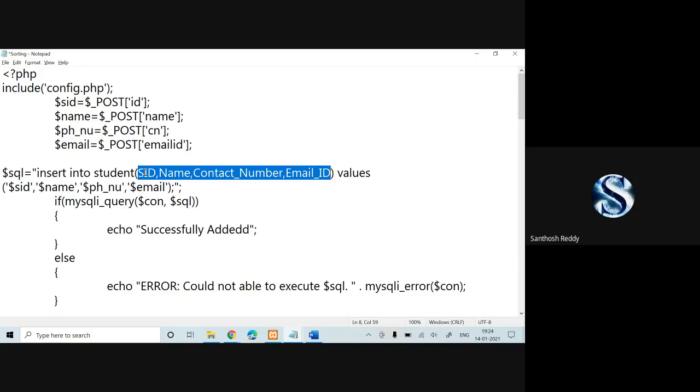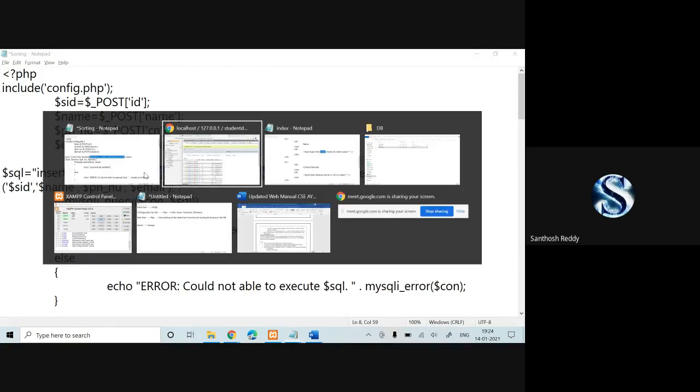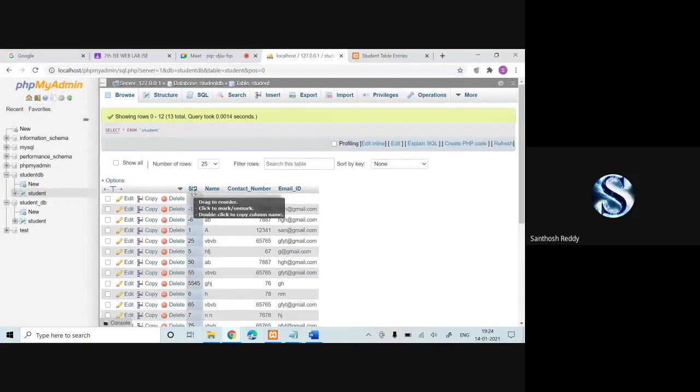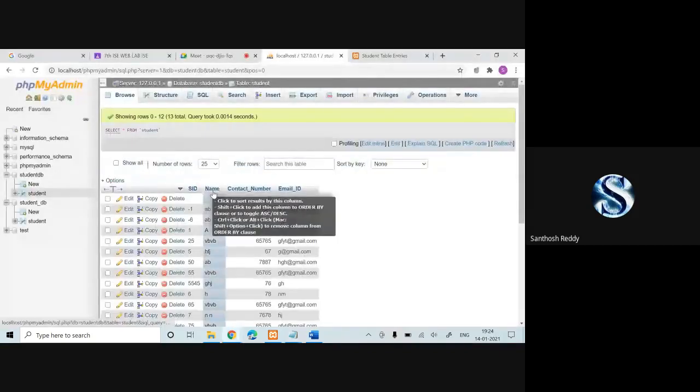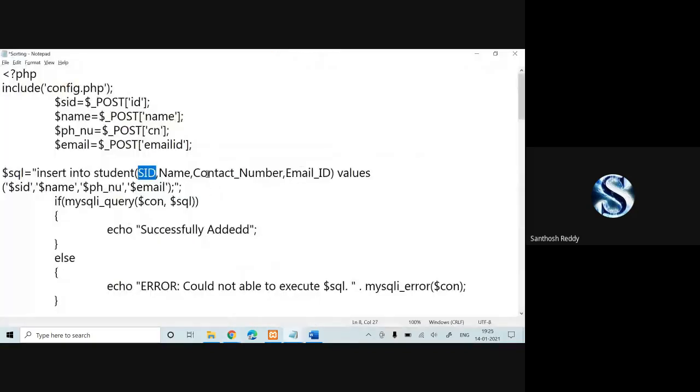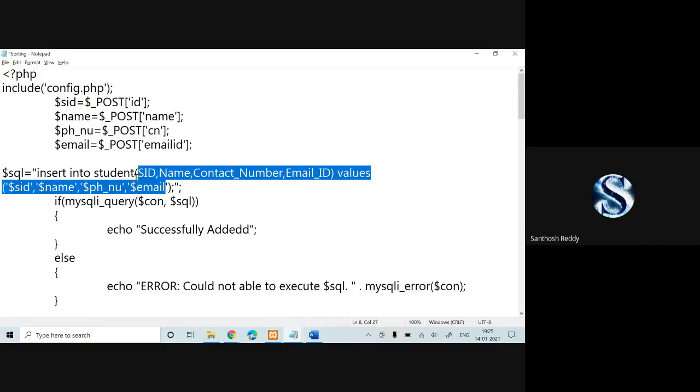Check it out. SID, where SID is capital here, should match with this SID, where N is capital and the rest everything is the same. This should be matched with this. Must and should, these values should match with your database attributes, where the values should match with your local variables which we have used to extract your actual values.